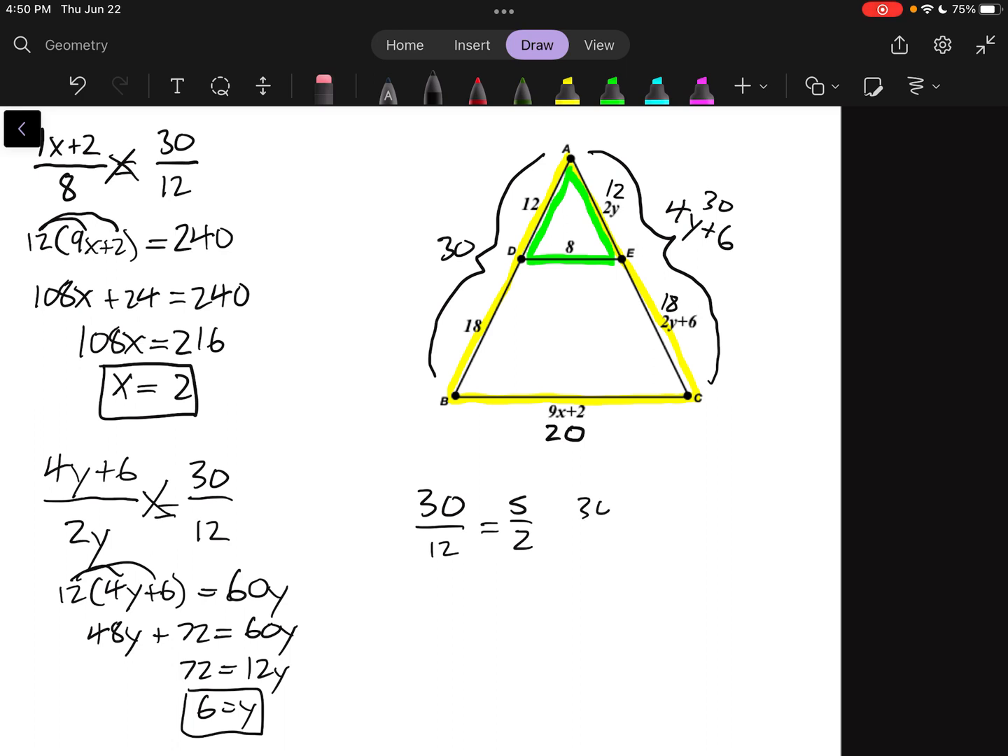We have another side that's 30 over 12, the right side, which is also 5 over 2. And then the last side, the bottom there, that would be 20 over 8, both divisible by 4, which is also 5 over 2. So all of those worked, which means that our scale factor